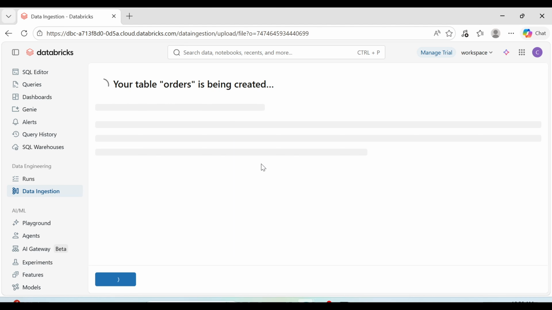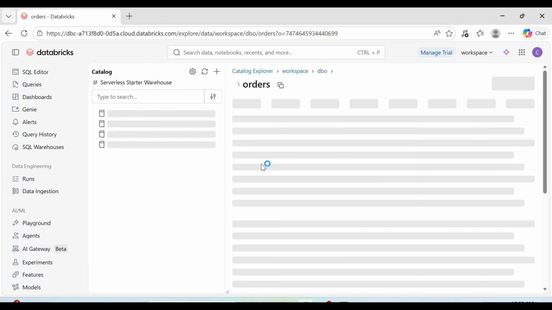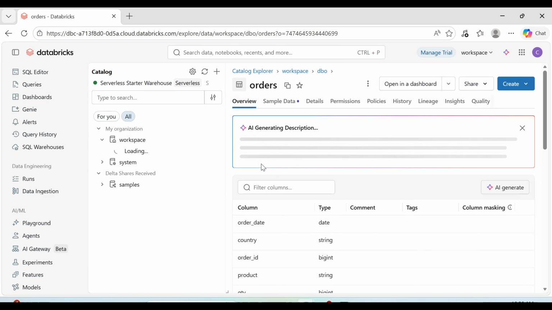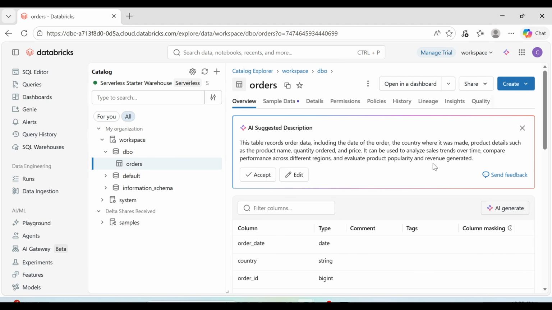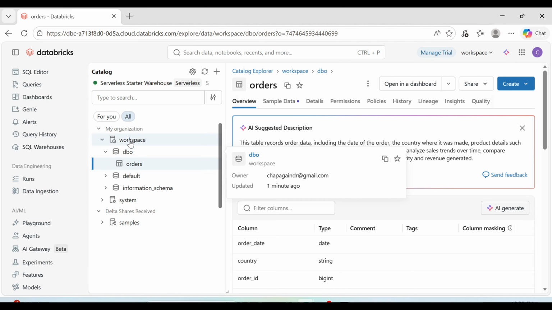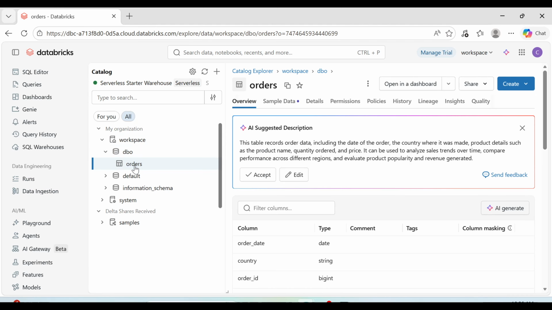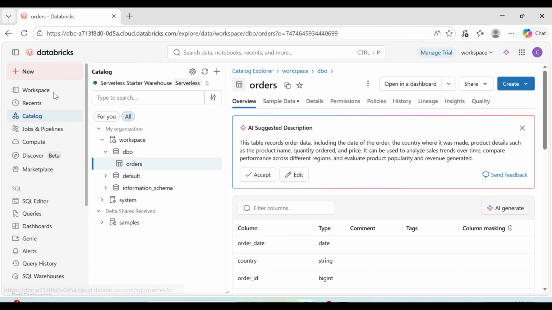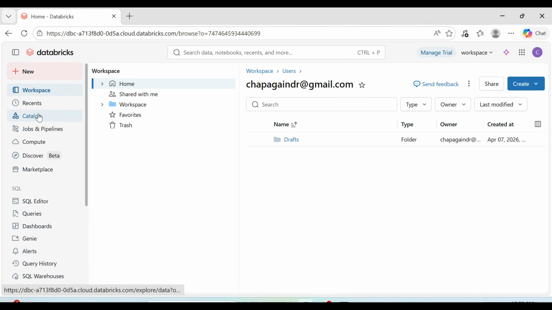Once you have the order table created, then we'll start some of the basic operations like insert, update, delete, and view data on this order table. So you see within a workspace, this is the database, the dbo schema, and the order table is created right here. If I go back to the workspace, and then go to the